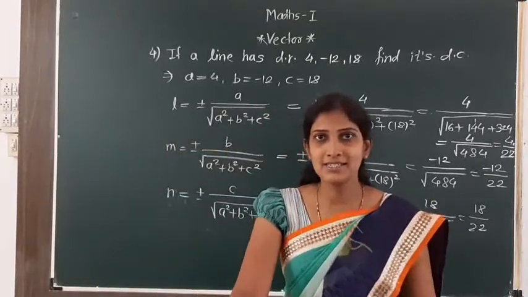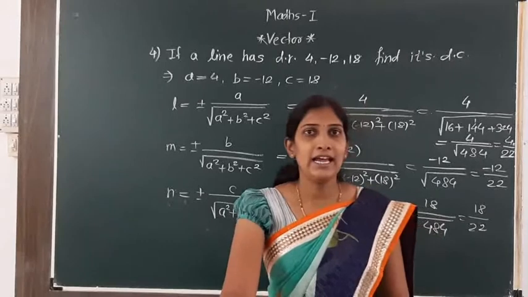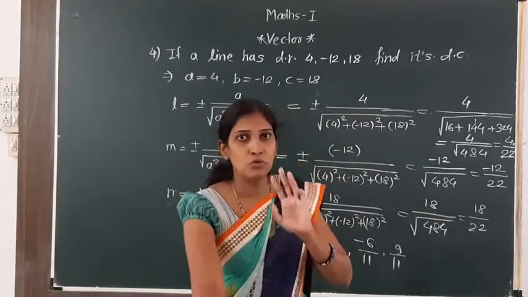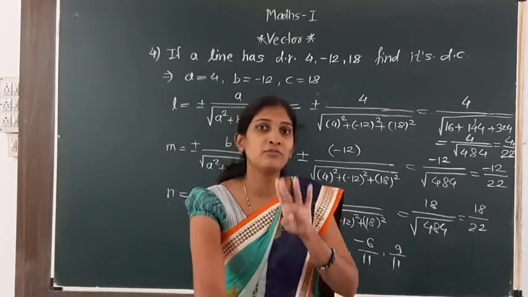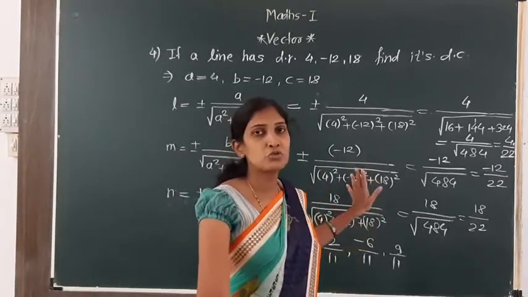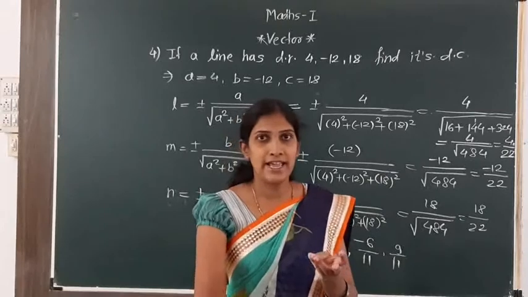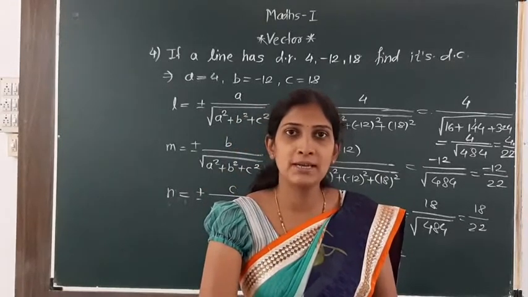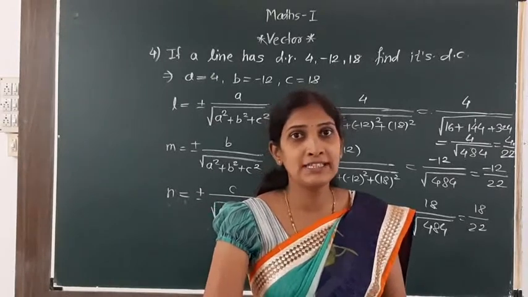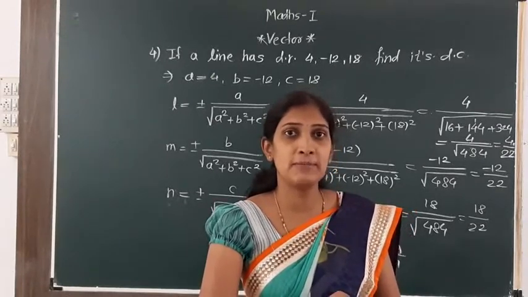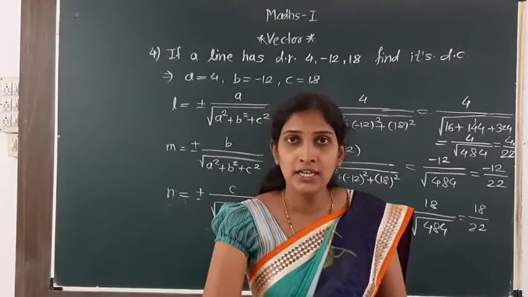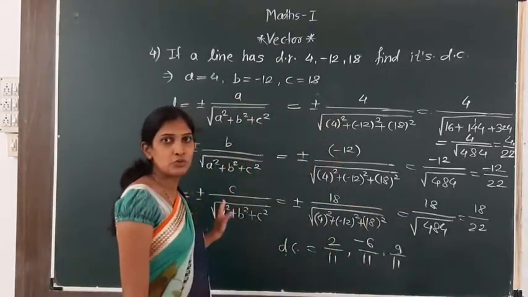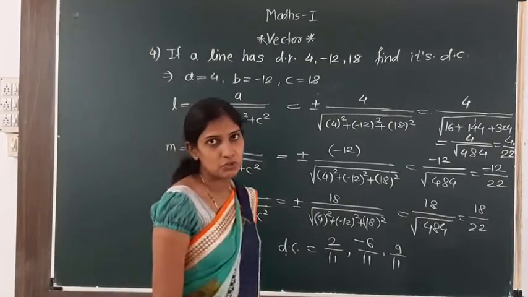These are very simple examples, and you have to know only 3 or 4 things belonging to this topic: the direction angles alpha, beta, gamma; the direction cosines cos alpha, cos beta, cos gamma; the relation between them, cos square alpha plus cos square beta plus cos square gamma is equal to 1; and lastly these formulas, that is L is equal to, M is equal to and N is equal to.